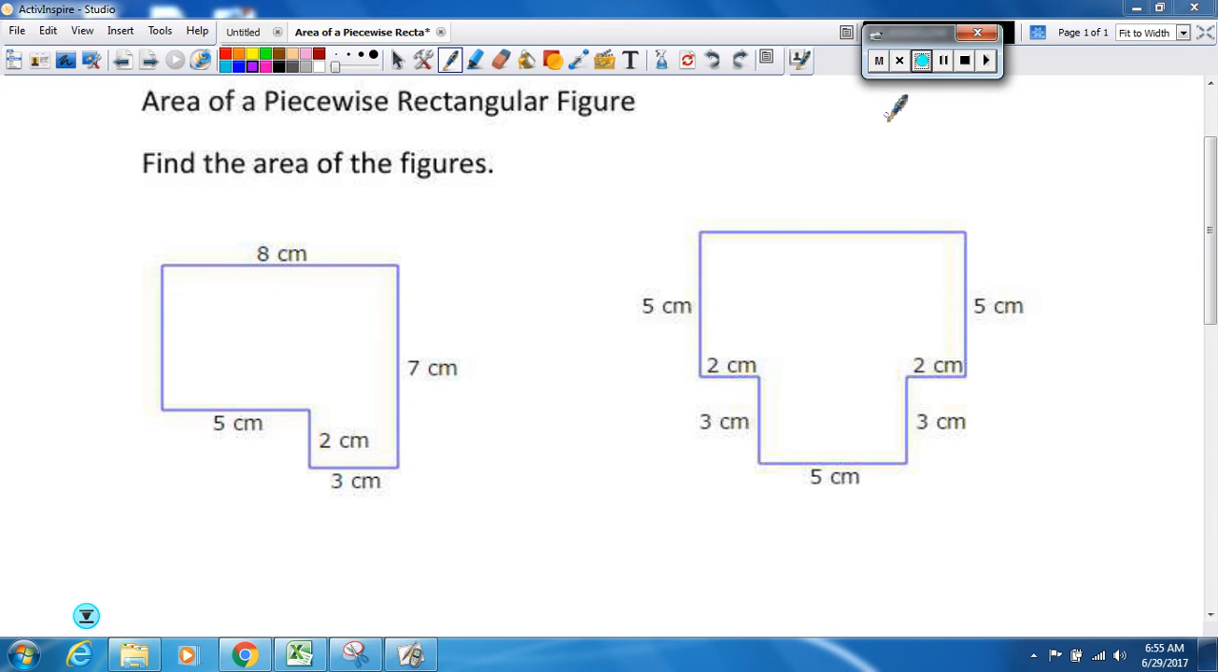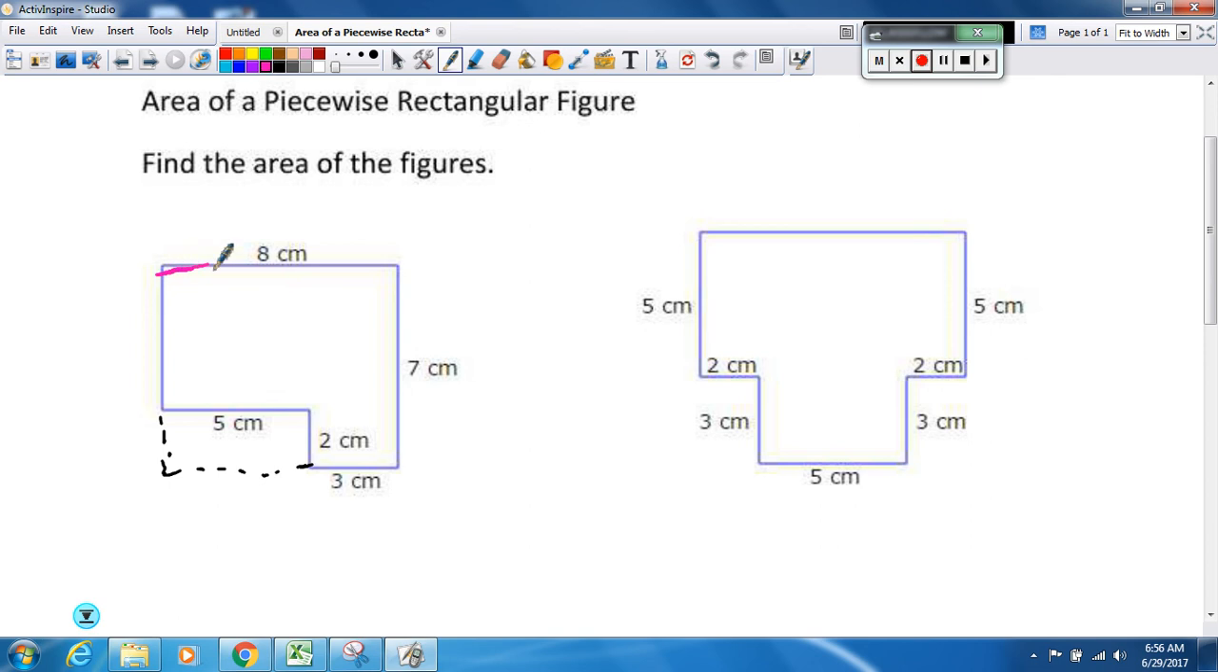Okay, the area of a piecewise rectangular figure. Find the areas of the figure. Well, you have different shapes here that are involved. Since it says it's a rectangular figure, I'm going to make a rectangle. Okay, so the rectangle